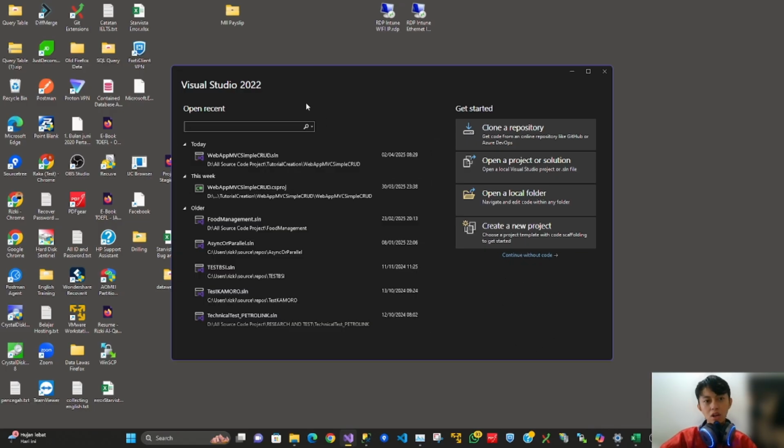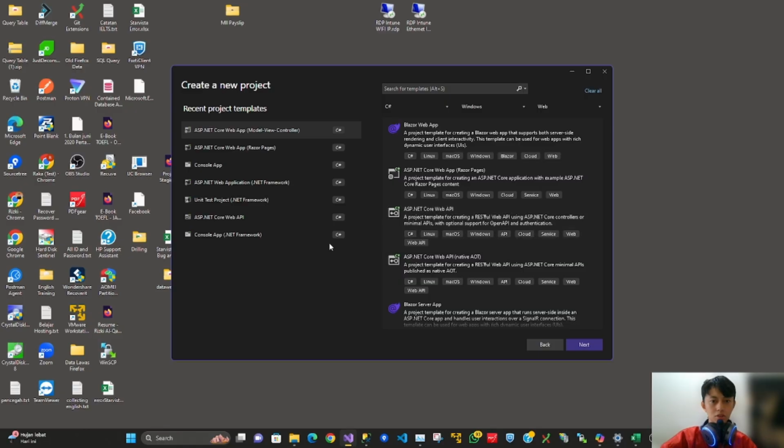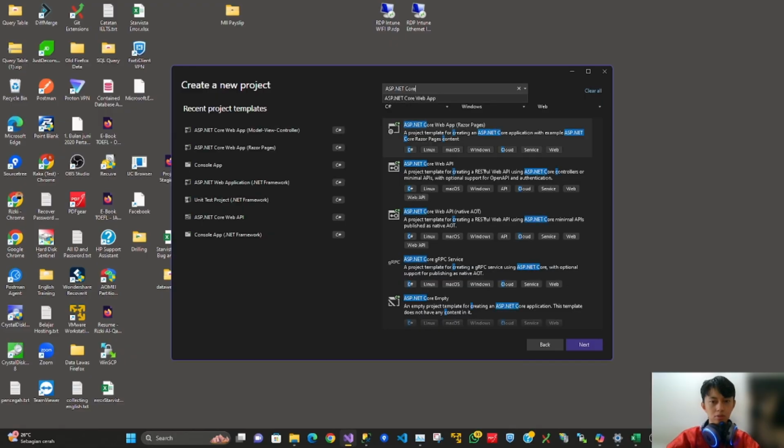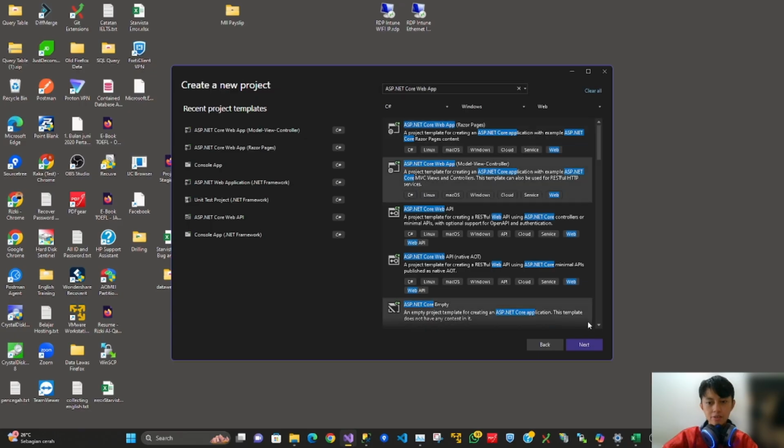Here we have Visual Studio 2022. Let's create the new project. Choose the ASP.NET Core Web App (Model-View-Controller). If you don't see it at the left side, you can find it with a manual search. Here it is.